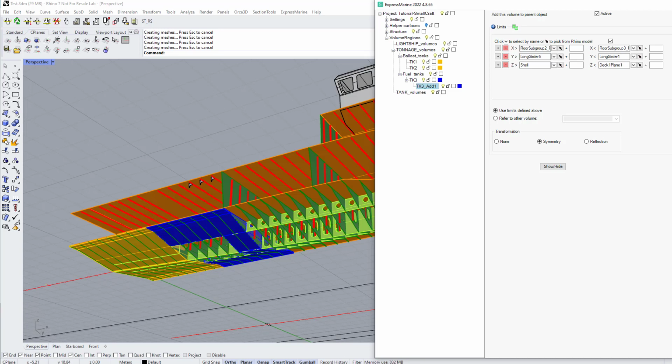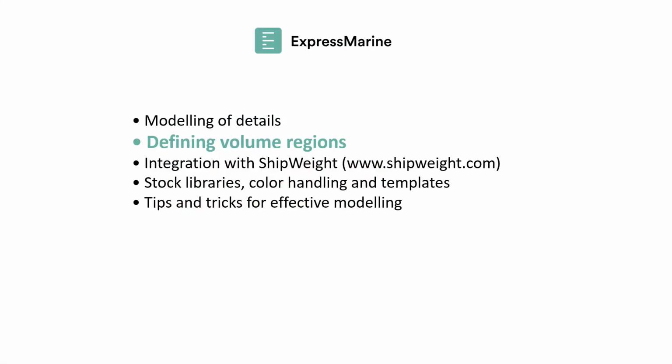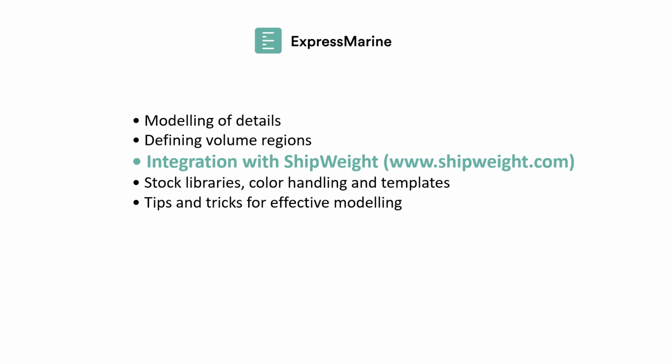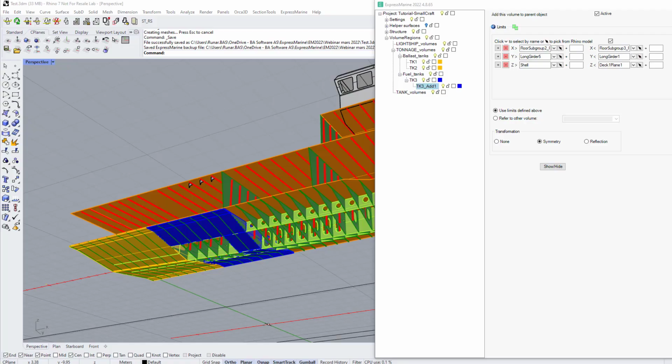topic, which is integration with ShipWeight, which also has a little bit to do with volume regions, as you will see. Okay, to show the integration with ShipWeight, I have prepared a little further. So I'm gonna close this ExpressMarine window